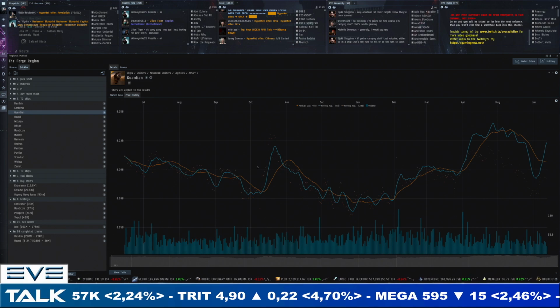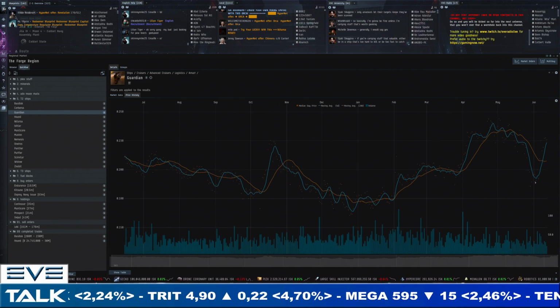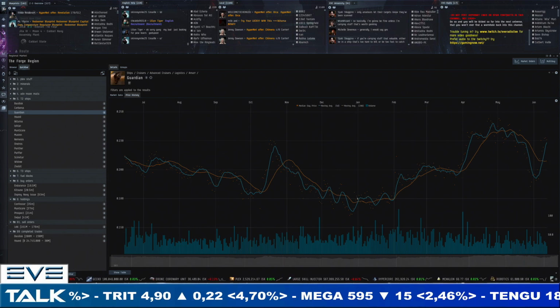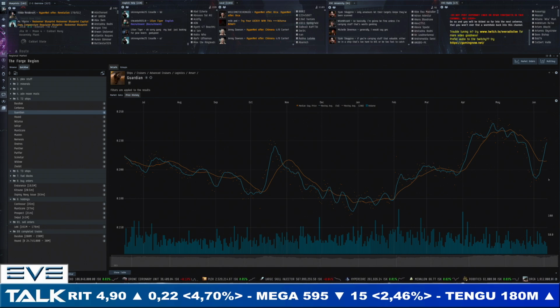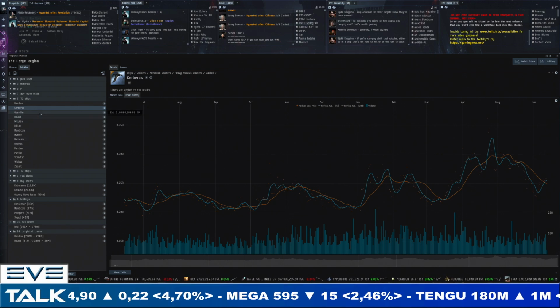Next up, we've got the Guardian, another one, a very similar pattern, right? Went down to well below 200 million in June. Was this the bottom range? Was it easy to know? I would say no, because we had a 180 before, and not even that long ago we were well below 200 million as well. So maybe that was a little bit better and more predictable than the Cerberus chart here,